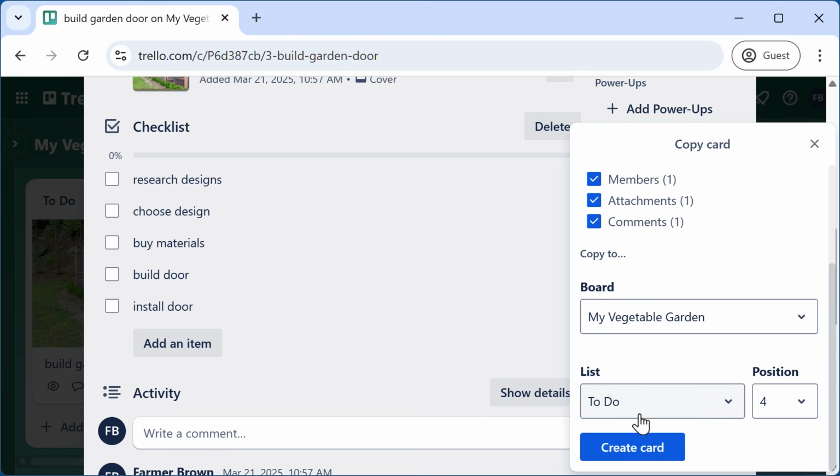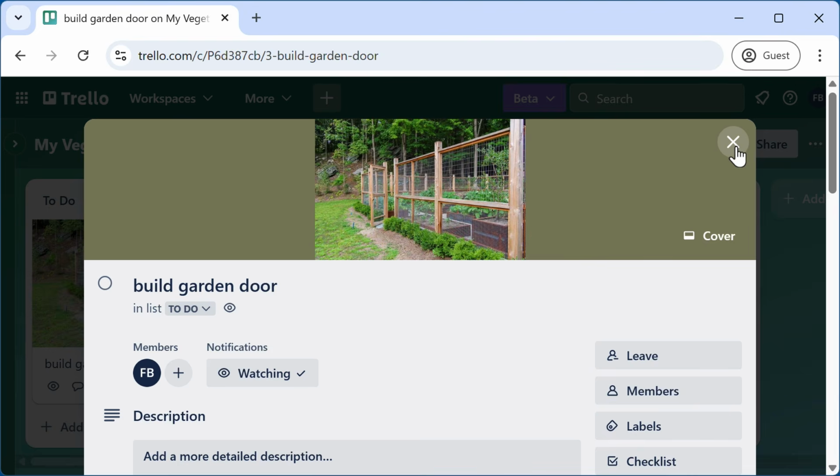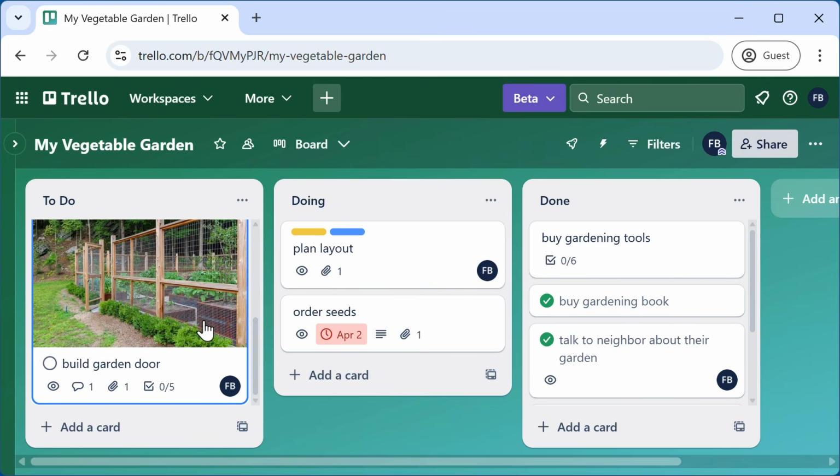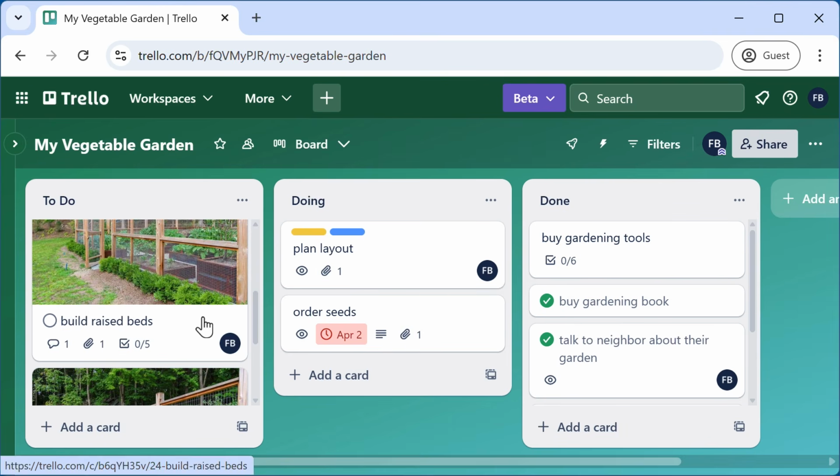I'm going to put it in the to-do list, and I can select where it's going to be, and that's a fine position. And then I click Create Card. If I go ahead and close this card and I look back on my board, I'll see the new card for Build Raised Beds.